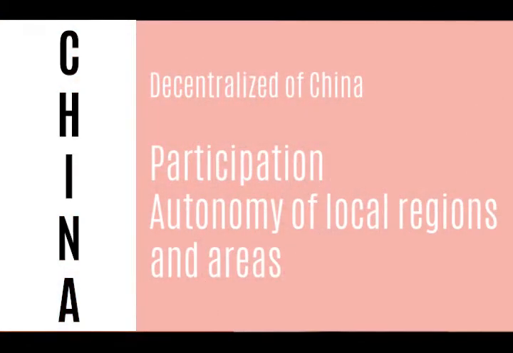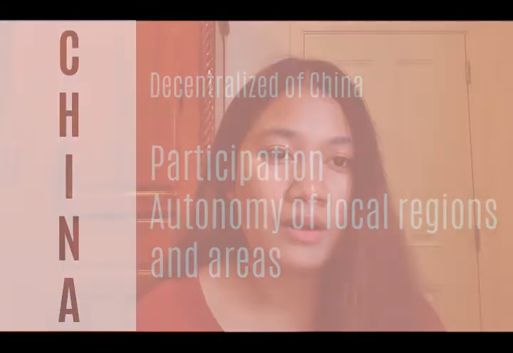So, what should be centralized and what should be decentralized to lower levels of government in the United States and China? For China, there's nothing that it should centralize more, since it's a communist state and most of the power is still in the hands of the central government. So there are two main things that they should make even better in decentralization.